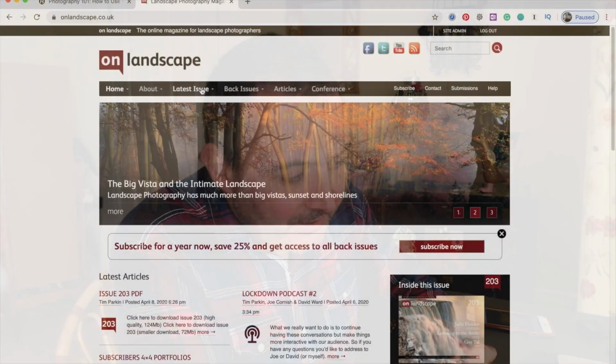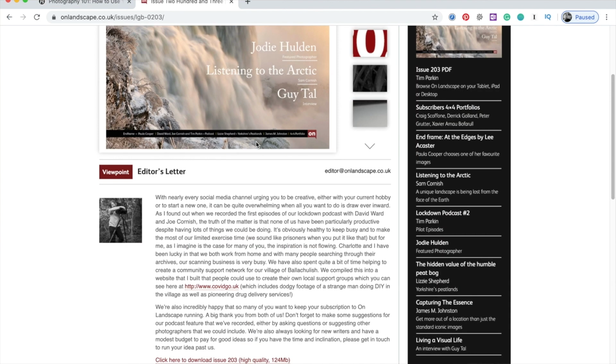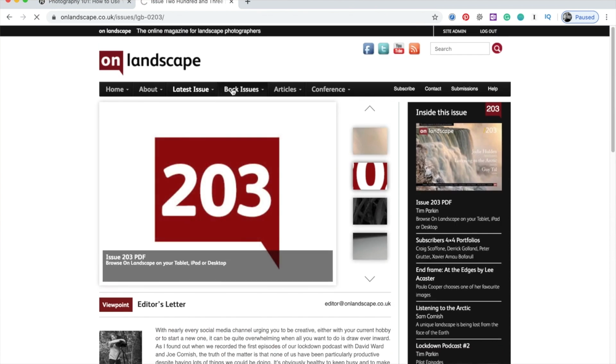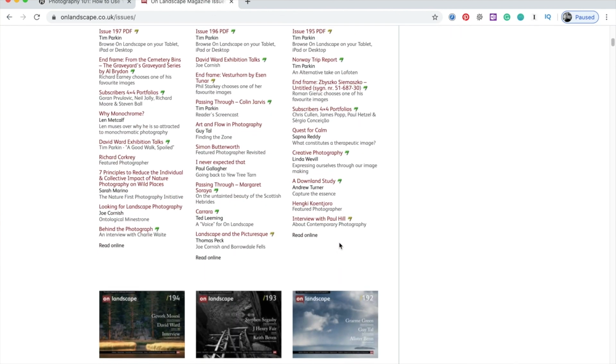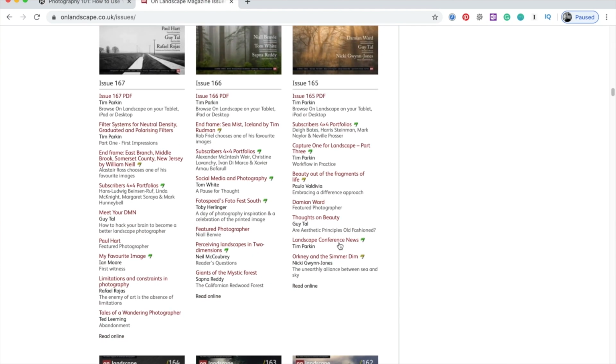Second little resource for you to check out is actually a couple of things sort of related. I'm not sure whether you are a subscriber to On Landscape. It's an online landscape photography magazine that's been going for many years, well over 10 years, I think. Now, I'm a subscriber, and if you are a subscriber, one of the real benefits is if you've just newly subscribed, you can actually download a huge back catalogue. I think they started publishing from release 50, and I think we're now well over 200, so you've got 150 odd